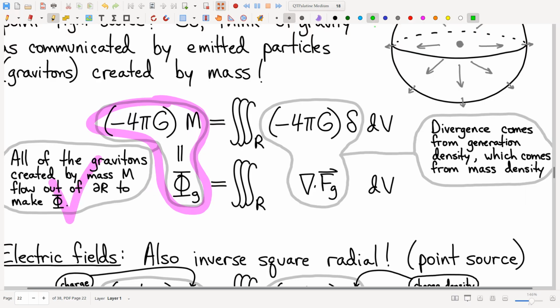And you can do physics arguments to argue, and I don't want to do that here. Again, that's somebody else's problem. But it turns out the constant of proportionality is negative 4 pi g. That's just the way it is. Don't worry about the why. Okay, so if you're willing to believe that,